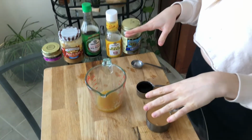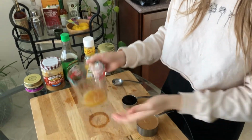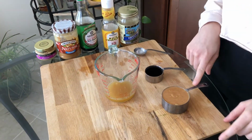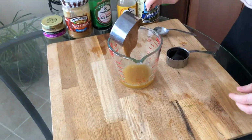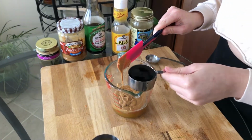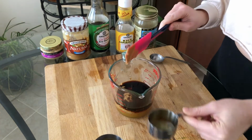Okay, so now we're going to be making the peanut sauce for the noodles. What I have in here is a 1/4 cup of the brown rice syrup. I have a 1/2 cup of peanut butter that we're going to be putting in. And we're going to be using a 1/4 cup of low sodium soy sauce,